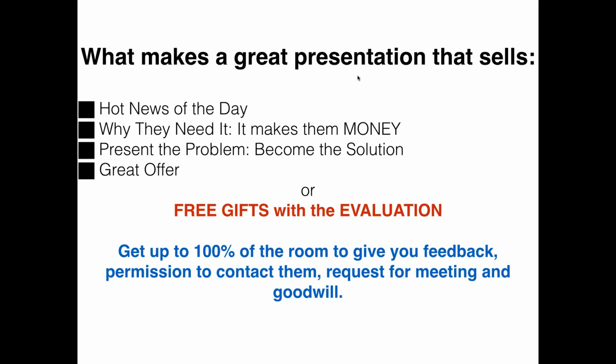And then I do have an offer that says, if you want this from today's presentation, I'll give you 50% off the services. But this form, they hand it back to me, and most of the time I get back 100%